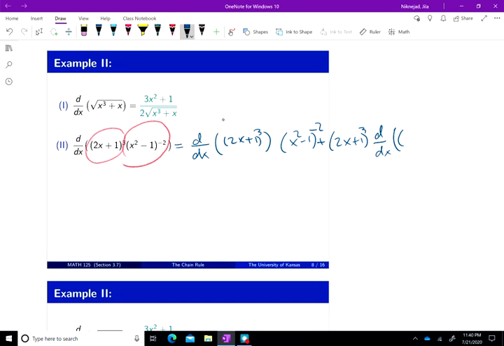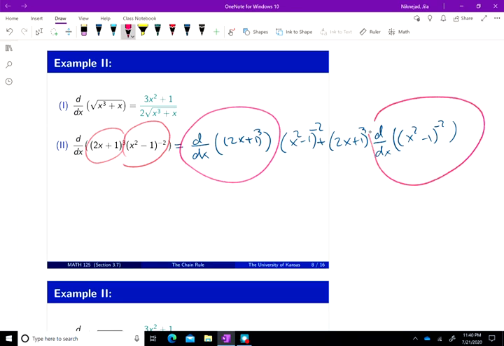And the second factor is x squared minus 1 to the power negative 2. Now, you should notice that this is a chain rule and this is a chain rule. How come they are chain rule? Because there's an outside function here to power 3, here to power negative 2, and an inside function. The inside function here is 2x plus 1, and there it is x squared minus 1. How do I find the derivative of this